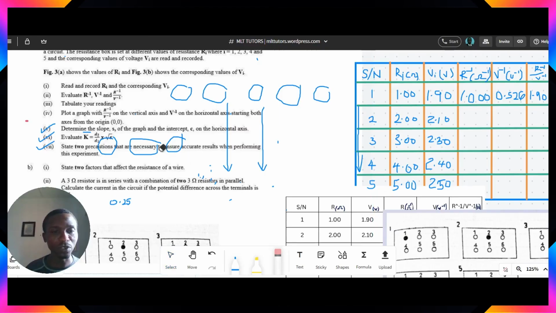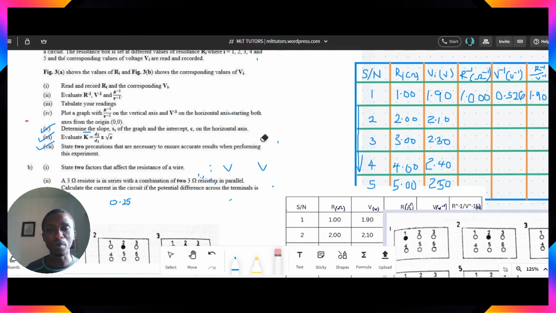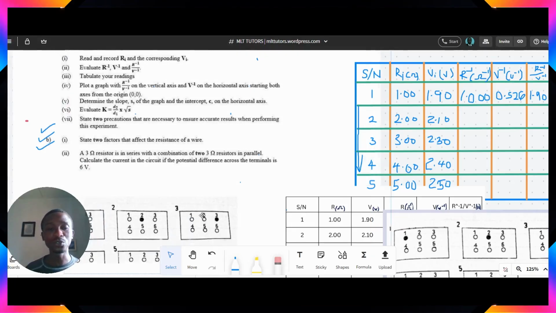Then, state two precautions that are necessary to ensure accurate results when performing the experiment. For the precautions, you have to mind your tenses. Because you are not the one that performed the experiment, you are not expected to put your tenses in the past. You put it in the future. So I can say that my first precaution is that I would ensure, because if I'm the one that performed this experiment, let's see the diagram. I would ensure that I